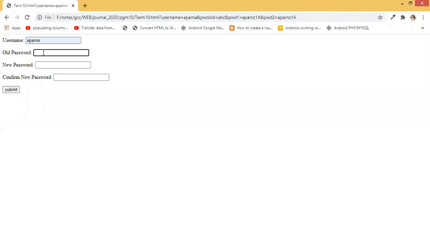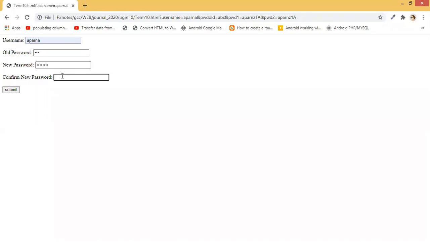So let me enter again. Our old password has to be ABC. Now what if the new password I have entered here, Aparna 12. Let me make the first letter as capital.